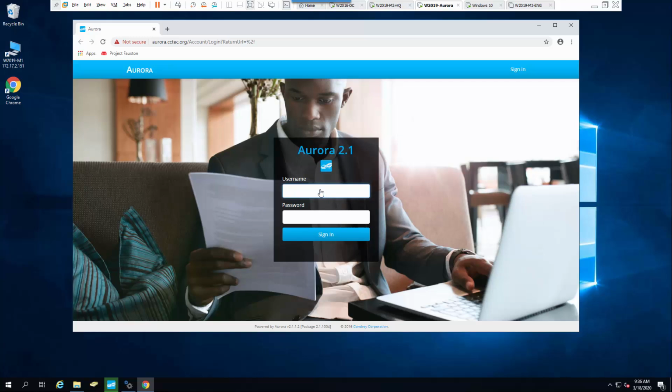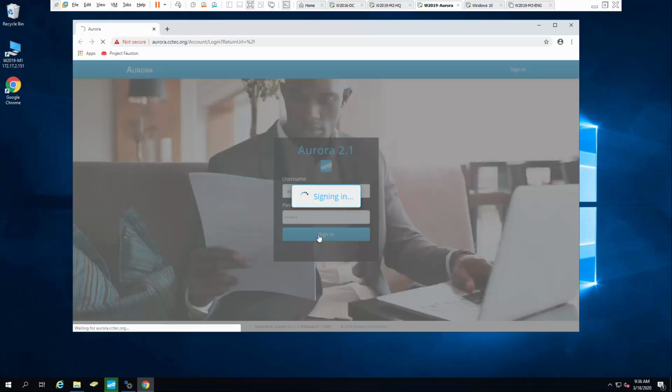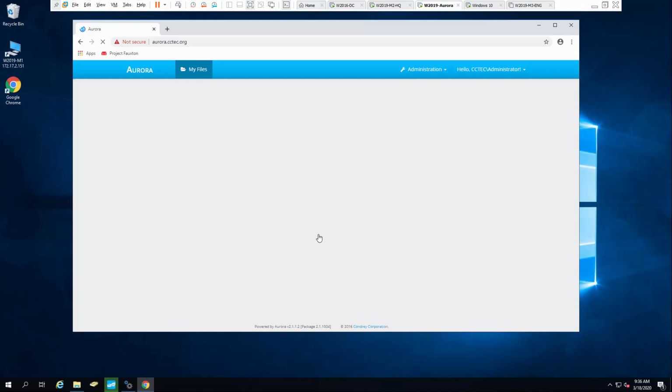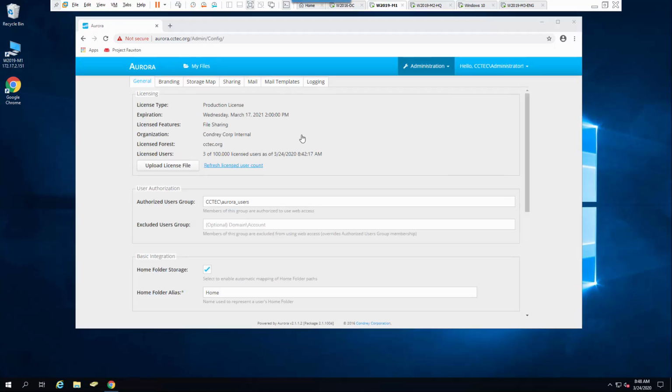So I'm going to go ahead and log in here as administrator. Put in my password and log in. So the next thing we'll do is go to administration, configure. The first thing you'll notice here is you can upload a new license. So if your trial is expiring and you want to install a production license, this is where you would go